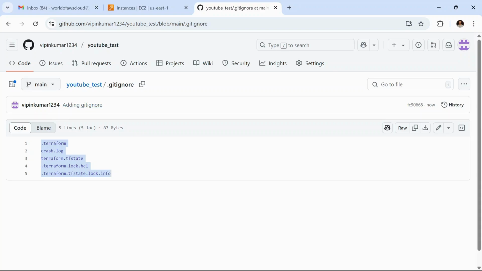Okay, so this is how we can avoid committing files which contain sensitive data and other sensitive parameters like usernames or passwords. This is how gitignore helps us ignore sensitive files and avoid committing them to our GitHub repository or any source code management repository. Okay, this is how gitignore works. So that's all